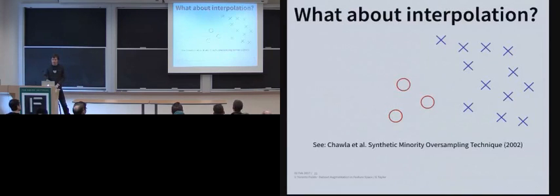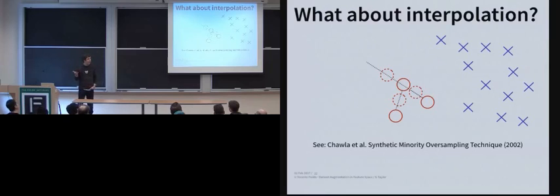Something you might consider is just doing something much simpler: what about taking inputs and simply interpolating between them? So the idea is you have, for example, two classes here. You have a very rare class and a common class, and let's take your examples in your rare class and start generating synthetic examples by interpolating or maybe even extrapolating them. This is known as synthetic minority oversampling. It's a commonly used method for the case of imbalanced data.